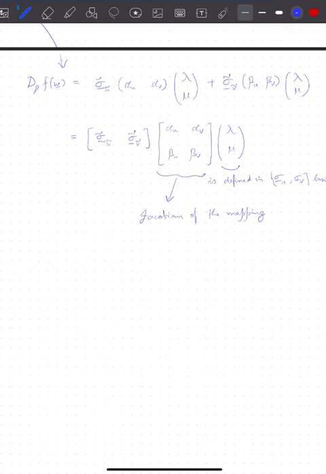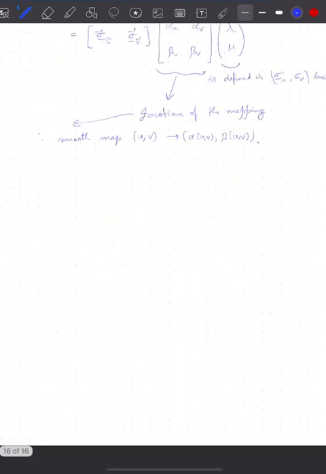It takes the components from the sigma_u, sigma_v basis and then maps it to sigma tilde_u tilde and sigma tilde_v tilde. Right. So that is what it is. So therefore, the smooth map we have is uv, and this is the Jacobian of the smooth map from (u, v) to (alpha(u, v), beta(u, v)). Right. So there's one very useful thing here, and let's have one more proposition before we start